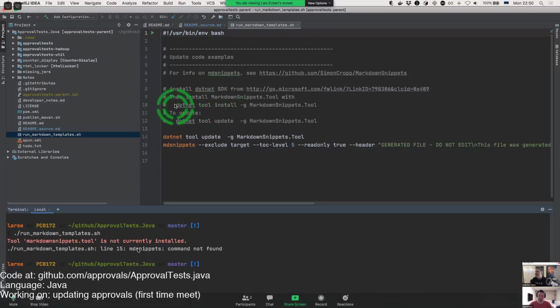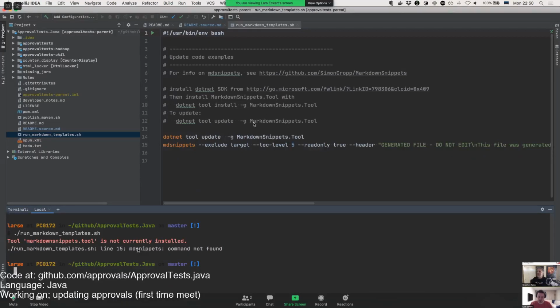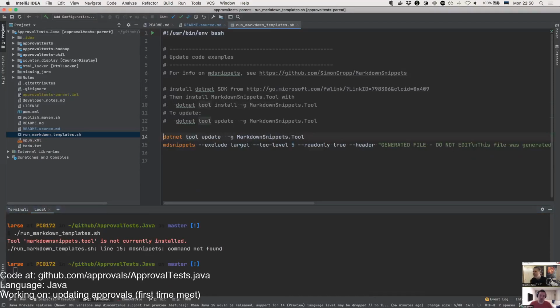Can you do the .NET tool line 10? Can you do that install? Tell me what to type. In the shell script, you'll see on line 10. Yeah. No, line 10. Run that.